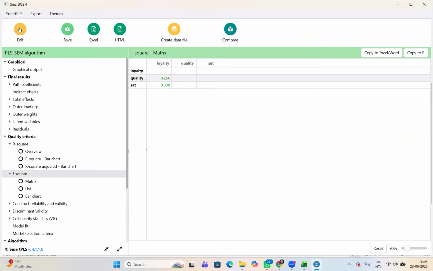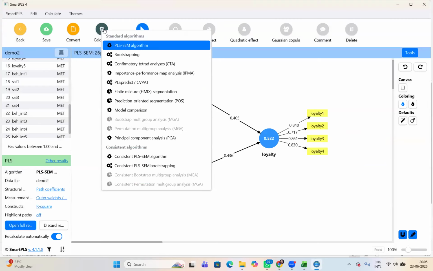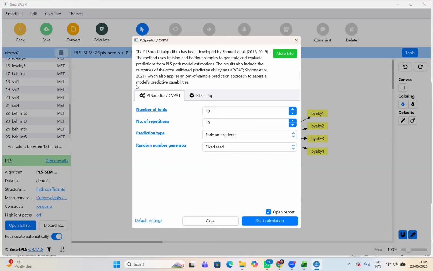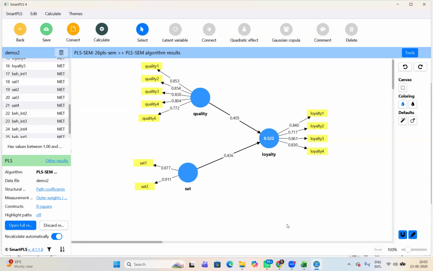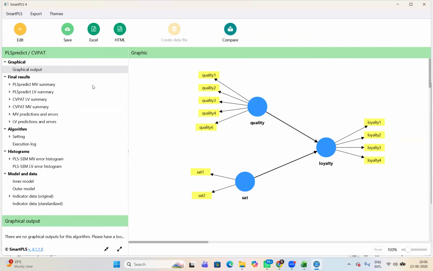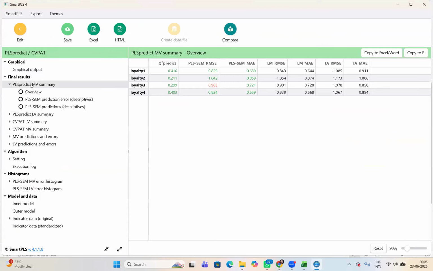And most importantly, we run the PLS predict also. This is for the Q square value. This is somewhat different. So the Q square value we have to claim. We predict here. So the Q square value should be green.